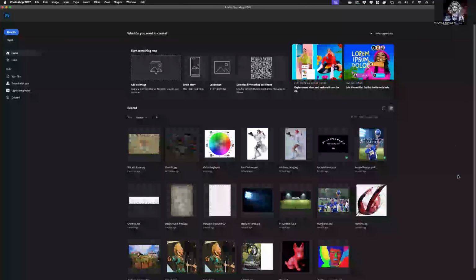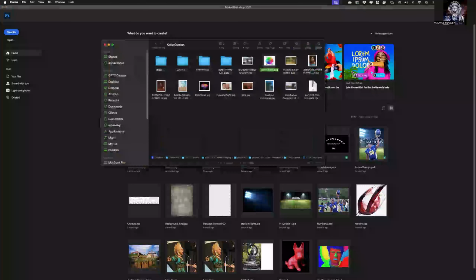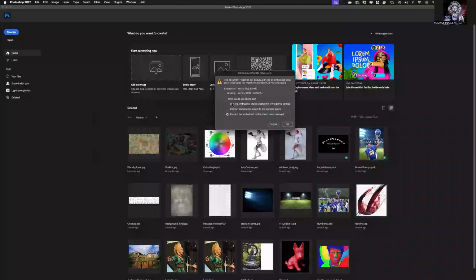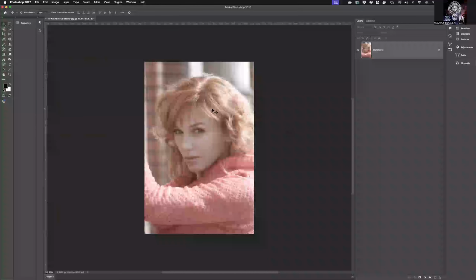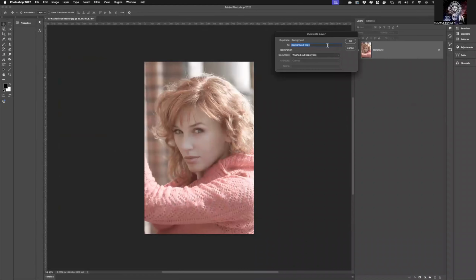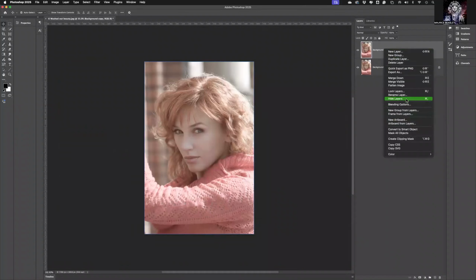All right, so let's use a different technique to do similar things. Back in that basic folder, washed out beauty, I'm going to use this one here. I'm going to show you something different. Instead of protecting the layer, like I was doing, making a duplicate layer and protecting it, you could do that. That'll cover the whole picture. So for instance, if I want to do a levels adjustment on this picture,